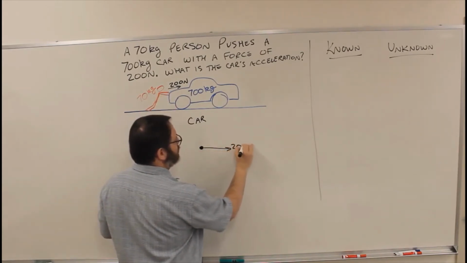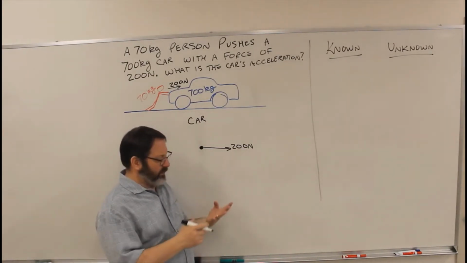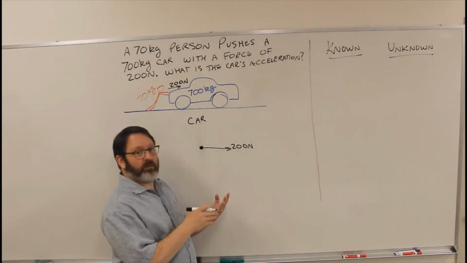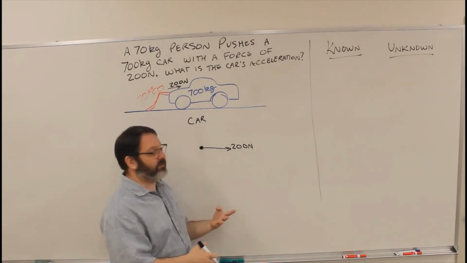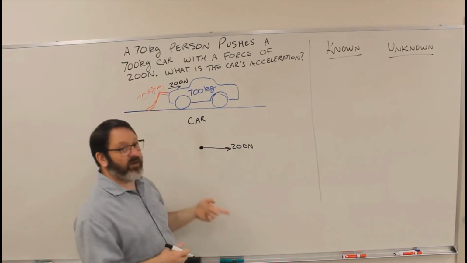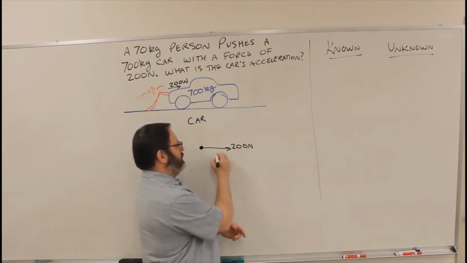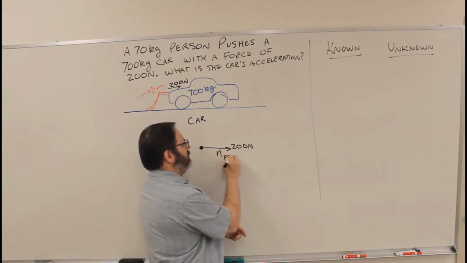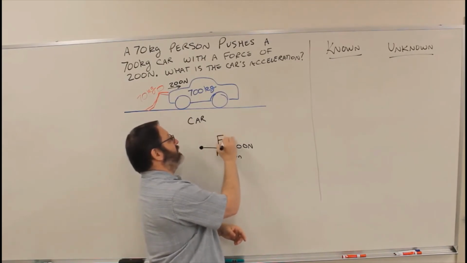So there's 200 newtons here. And it should have a label. We've only got normal force, tension force, gravitational force, and frictional force. What kind is this one? Well, it is a normal force from the person. So you can call it normal from the person. That's an option. You could also call it